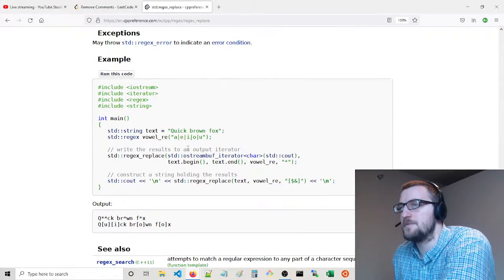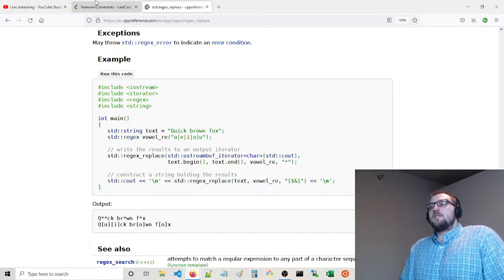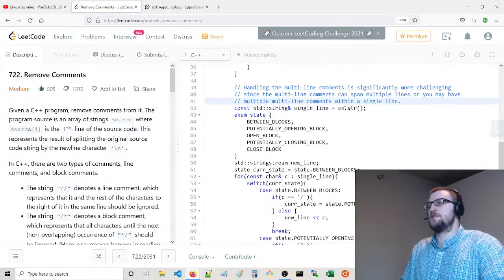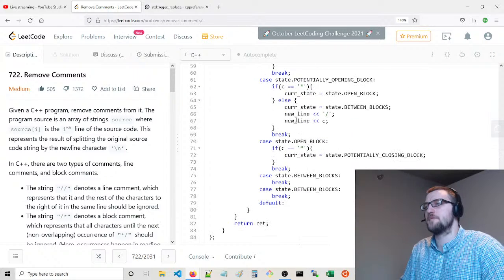This is kind of involved, but this is more or less what we're after. We can get rid of all this.